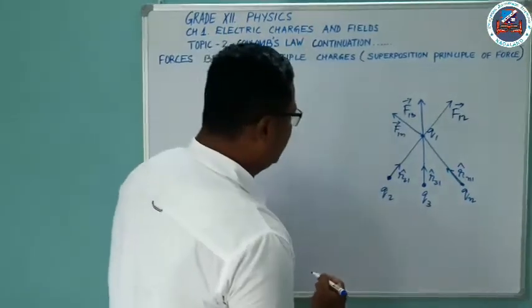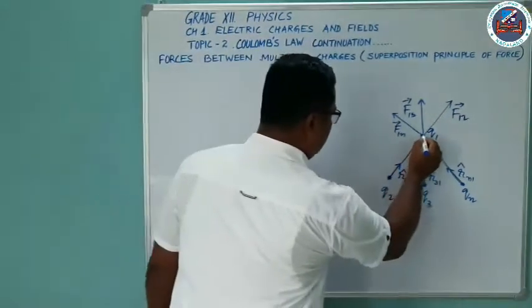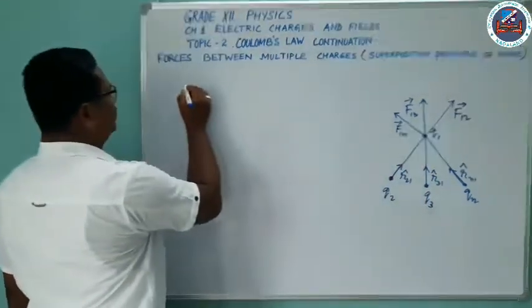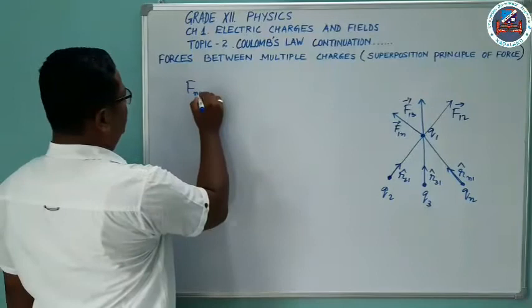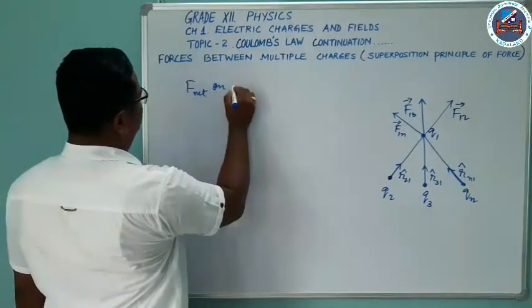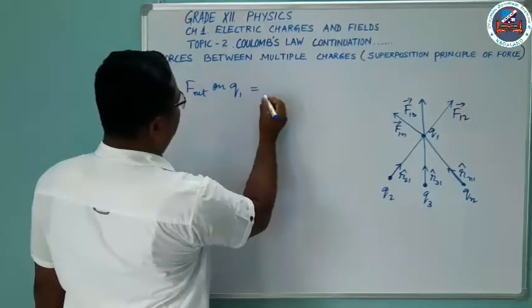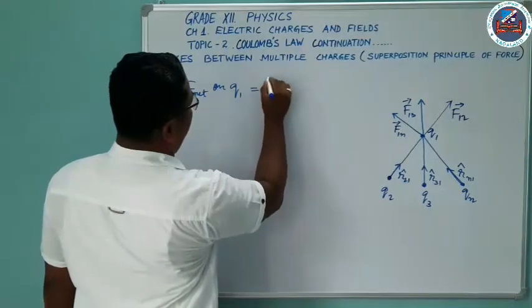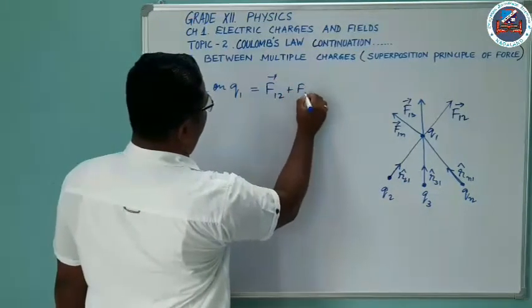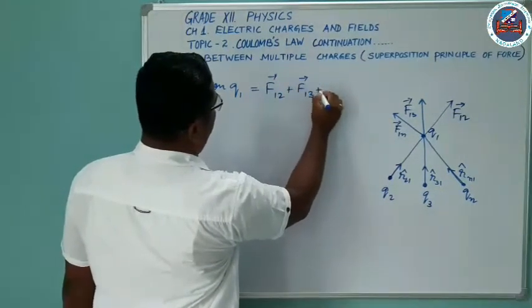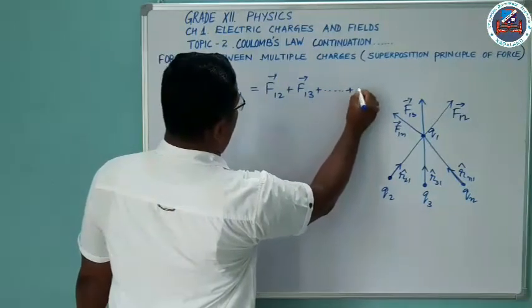Then the net force that Q1 will experience, we can write as F net on Q1 is equal to F12 plus F13 plus up to